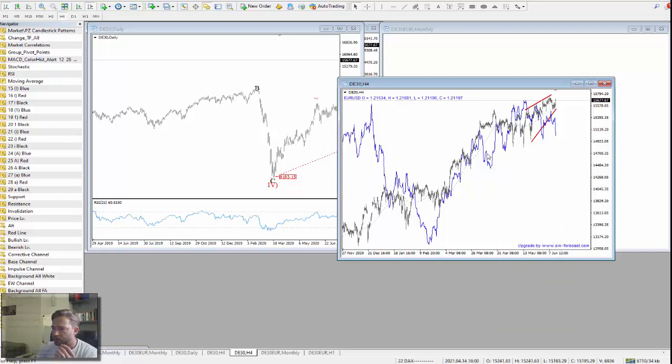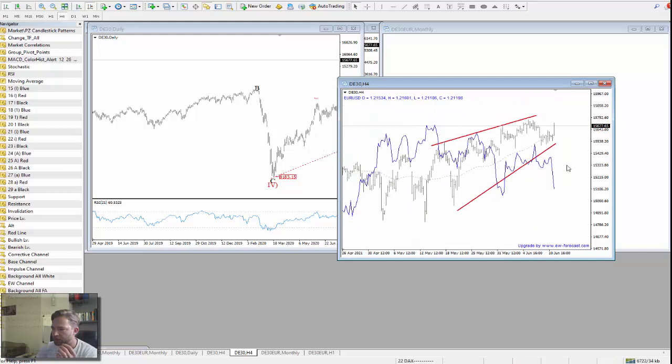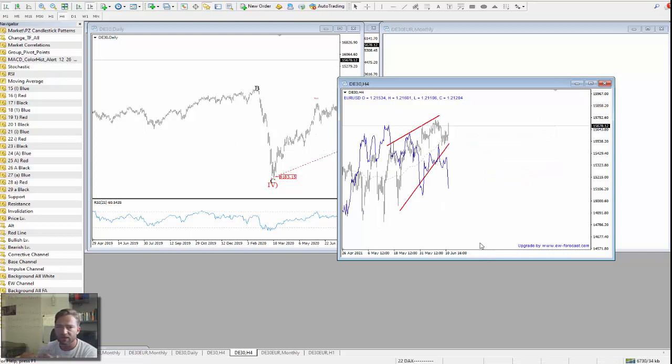Okay, now here's DAX on the four-hour chart, and you can see a potential wedge formation that can be forming here. Normally that's again an indication that bulls are still in play, but they are losing strength, right? So again, a very important pattern